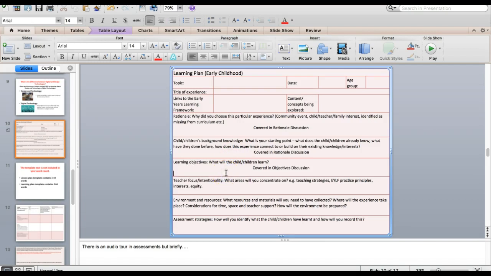So the learning objectives. What will the children be learning? Now, this has to be really clear. You don't make it too wordy. You can dot point them, number them, but you'll have 3 or 4 learning objectives. So learning objectives, what will they be doing with the technology? They'll be able to position and hold the iPad steady to take